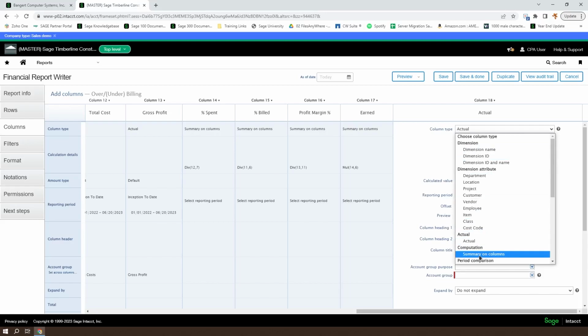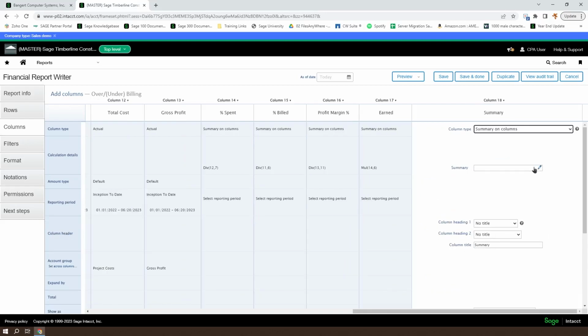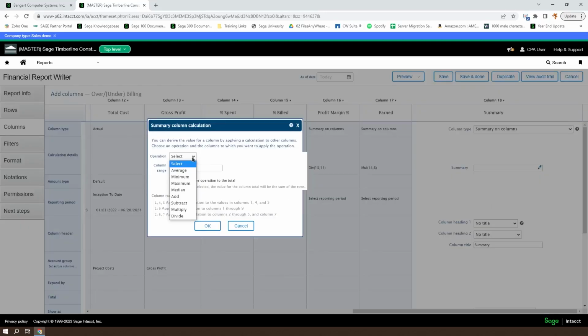So we'll go ahead and do a summary on columns. We'll do a subtraction. And here is an important piece. When we go to set up this range, it's important which order we put these in. So if we said we want to subtract and do column 17 and then column 11, 11 being our total billed, then we would be subtracting total billed from our earned column.